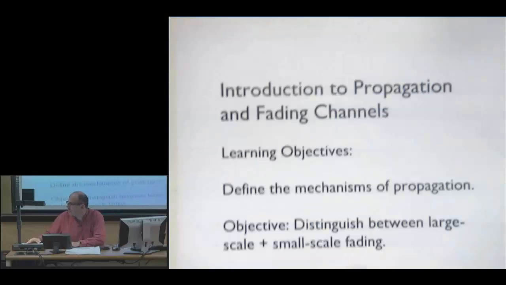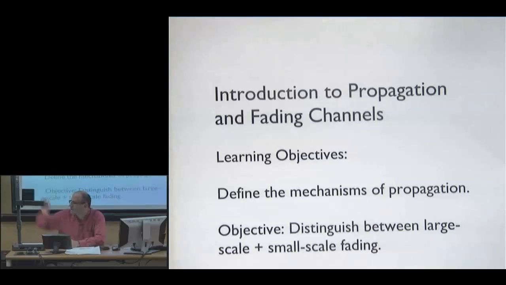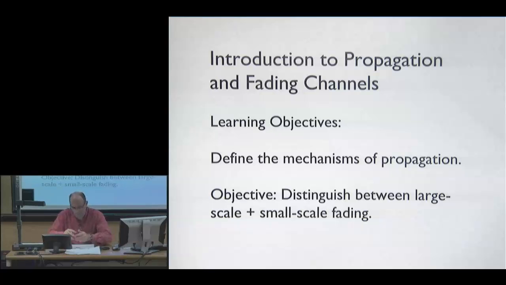cover some material that is traditionally taught at the beginning of a wireless course. And we're going to start talking about propagation and fading channels. Why this is normally taught at the beginning of a wireless course is that this is one of the distinguishing features of wireless communication: the propagation environment. There's a lot of multipath, there's a lot of delay spread, there's mobility,